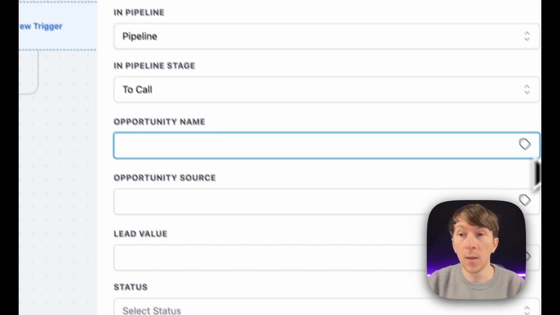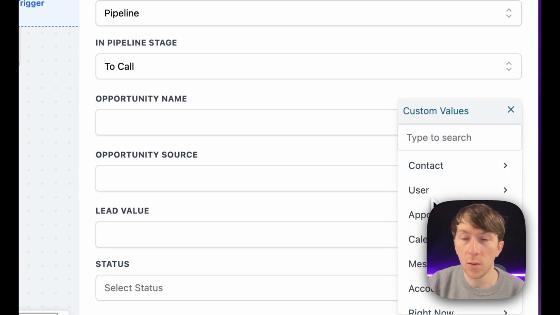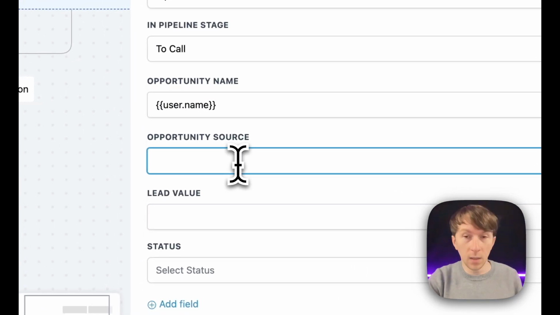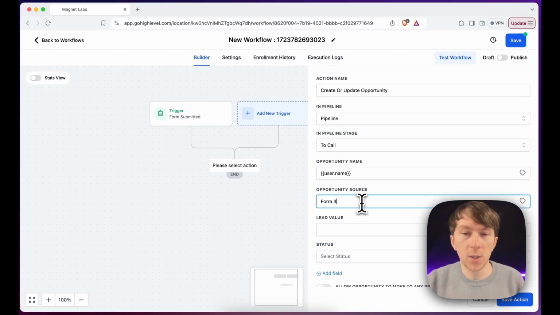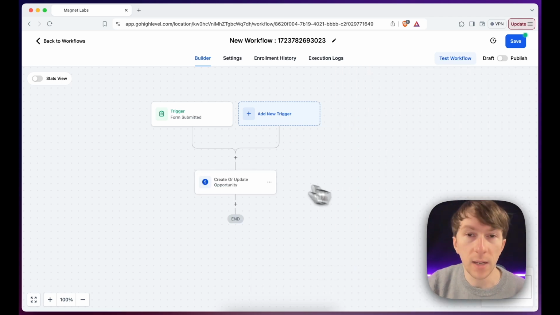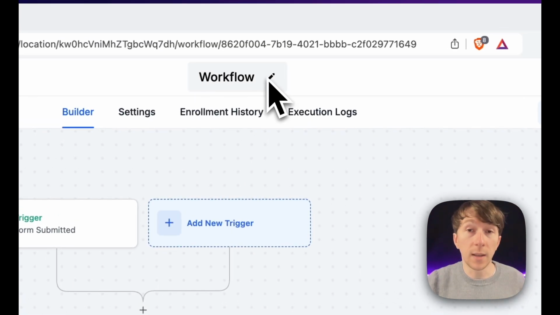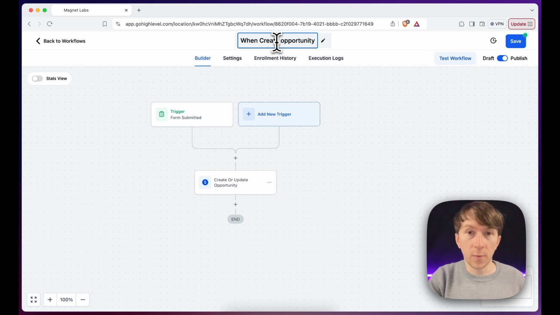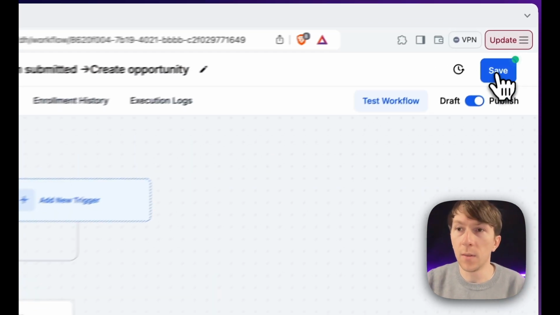The opportunity name, I will select the user full name, and opportunity source would be form 3, but I can pretty much add anything. And then I will have to select as well this allow opportunity to move to any previous stage in pipelines, and then I will click here on save action. Now I can click here to publish it, and I can also rename it. So in this case, I will call this when form submitted, create opportunity. Now I can save that,